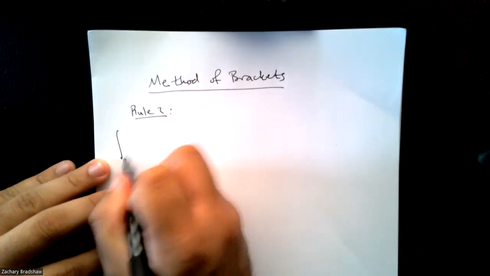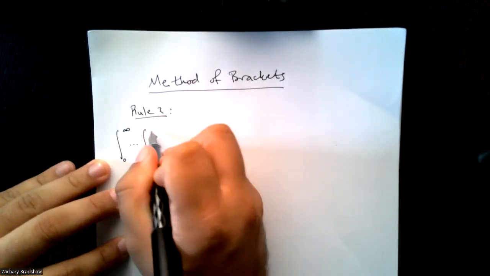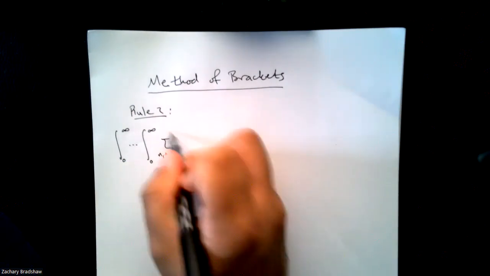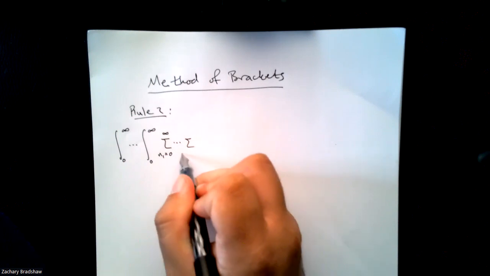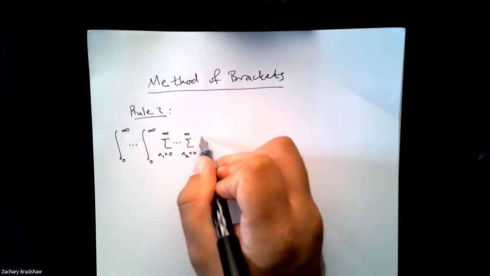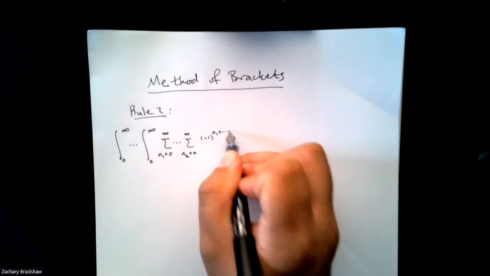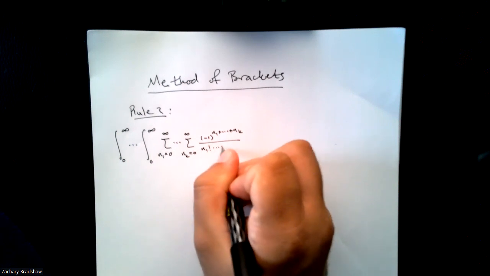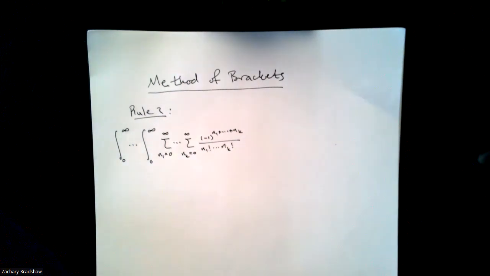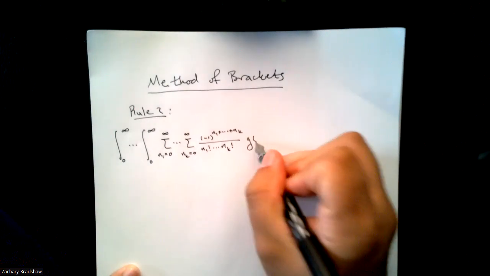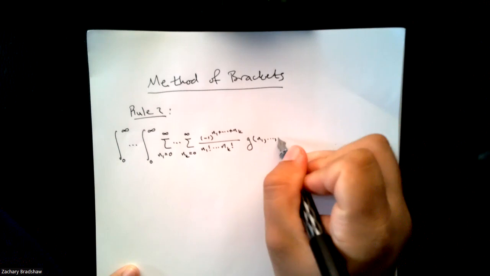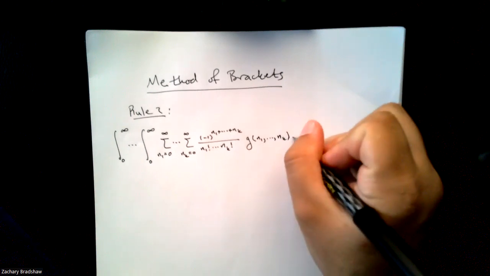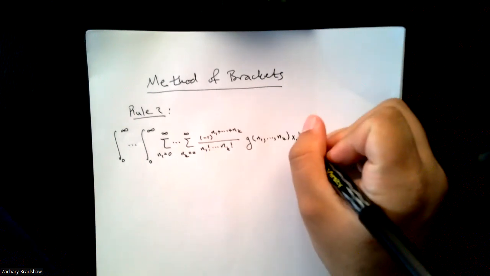If you have this multidimensional integral in the following form of several sums, and the summand needs to have this very particular form, which is not at all unreasonable. So it's going to have a sequence G, which depends on each of the indices, as well as a dependence on, obviously, the variables here. And